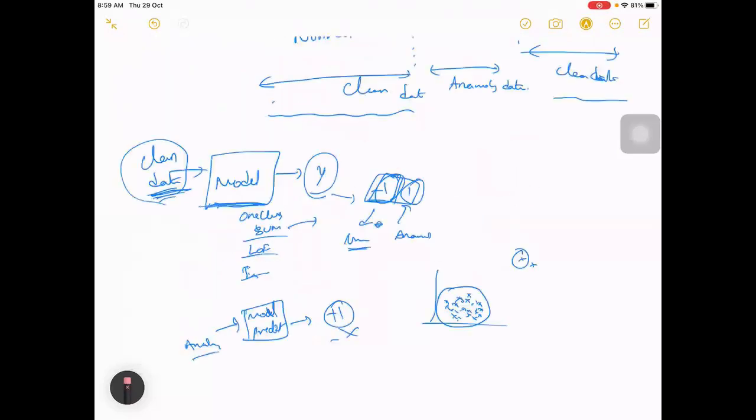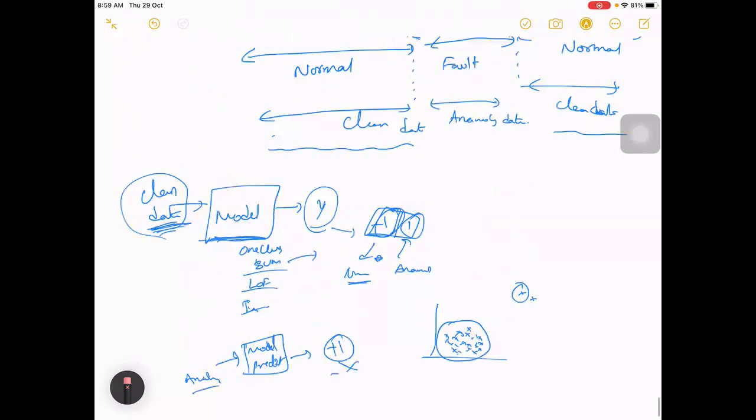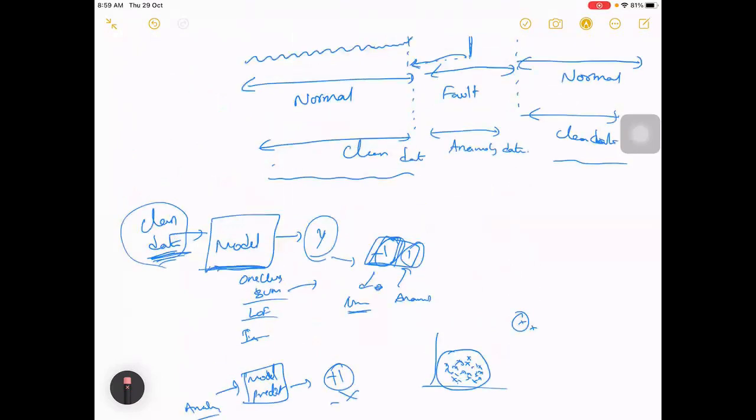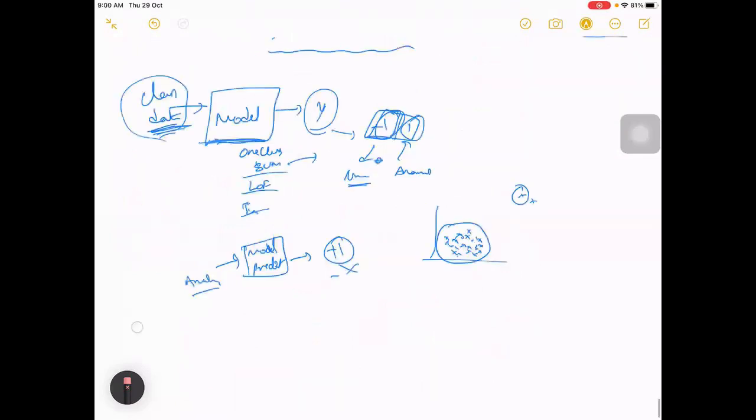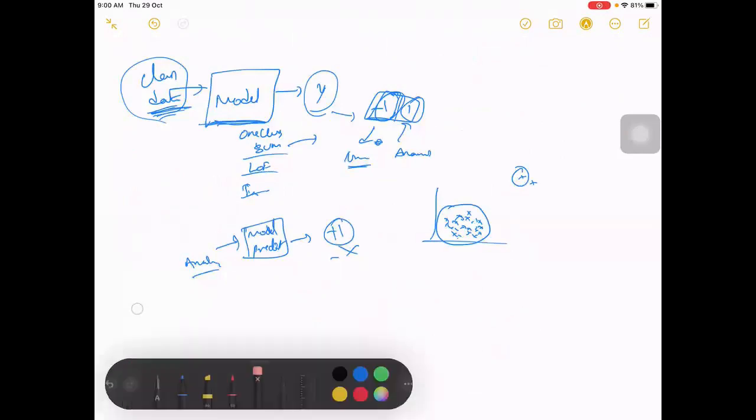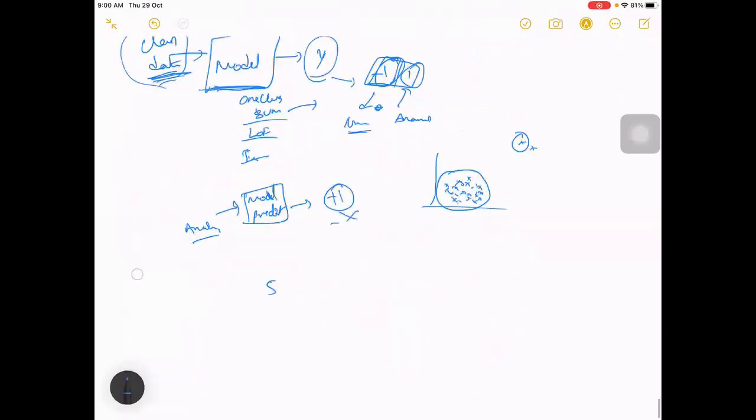Your model will learn how your clean data looks, and any data you give apart from that will be treated as anomaly data. So which means, let us say you have trained your data in the range 50, 55, 60, all your data points are in this range, 53, 54, 55, something like this. Okay, and you showed this to a model and said that these are positive data,